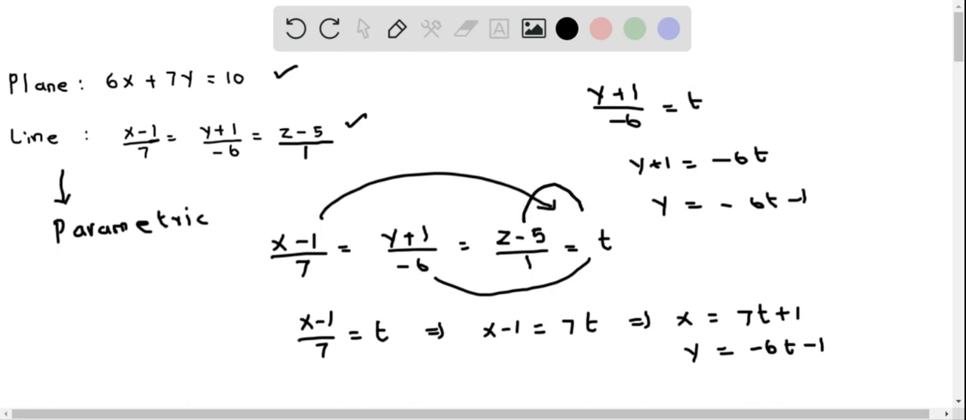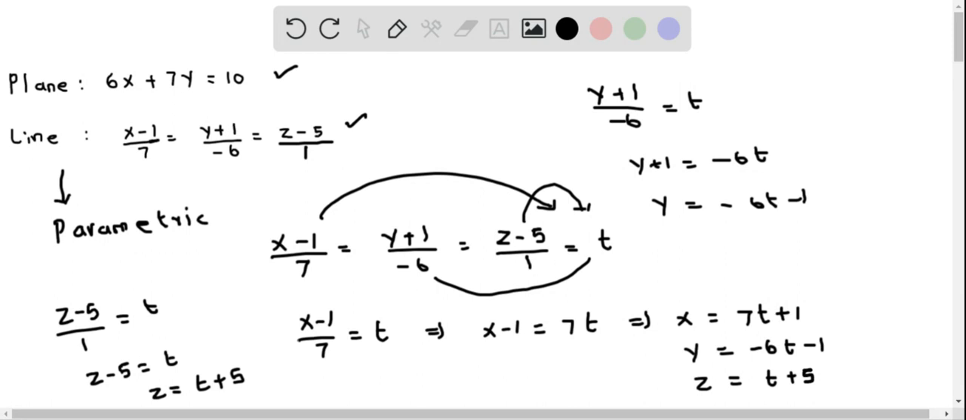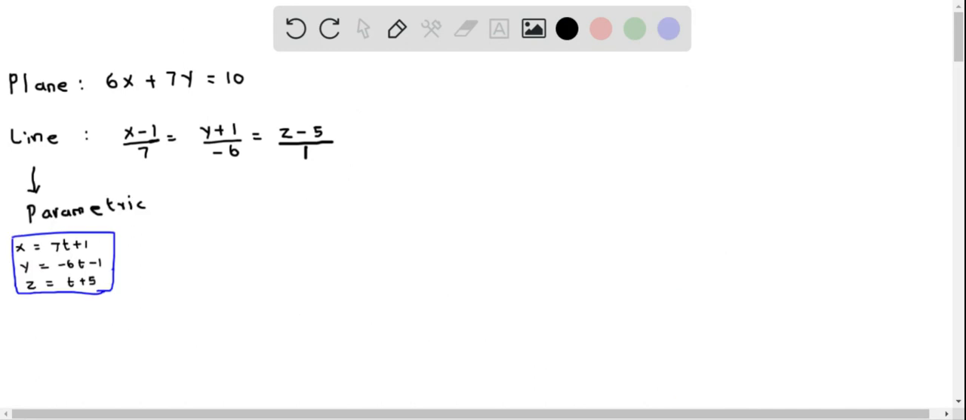And finally, we equate this expression (z minus 5) divided by 1 equals t. So we get z minus 5 equals t. And when we add 5 to both sides, we get z equals t plus 5. So we write z equals t plus 5. So these three are the parametric equations of the line. Basically, they give the coordinates of any point on the line. Okay, now that we have determined the parametric equation of the line, we substitute the coordinates of x, y, and